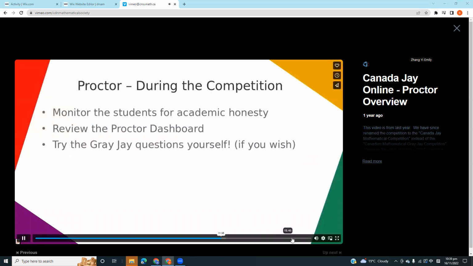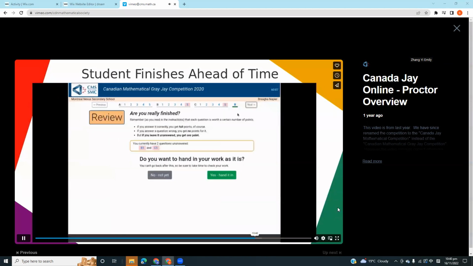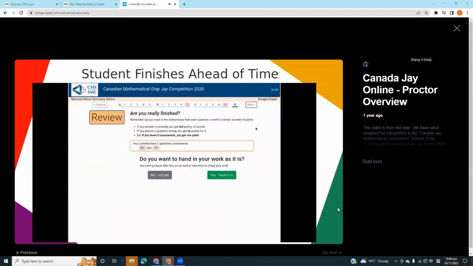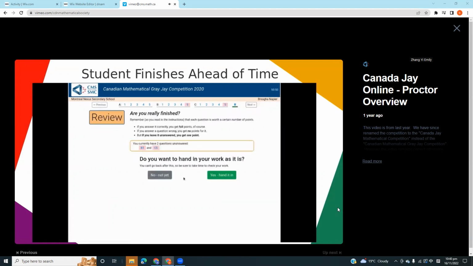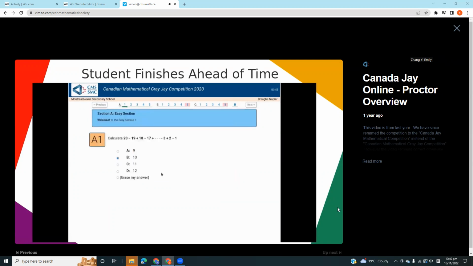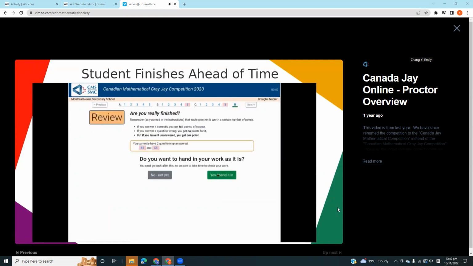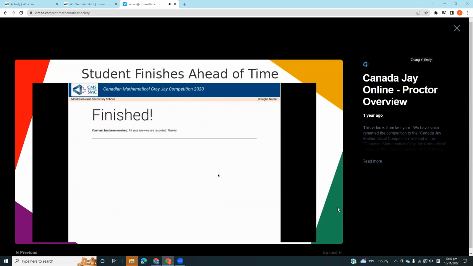While the students work, it's your job as the proctor to continually monitor the SAR. This page summarizes which questions are still unanswered, as a warning so the student either intends to leave them blank or goes back to work on them. In this case, questions B5 and C5 are left unanswered. But this student is happy with that. So, she clicks Hand it in. On your